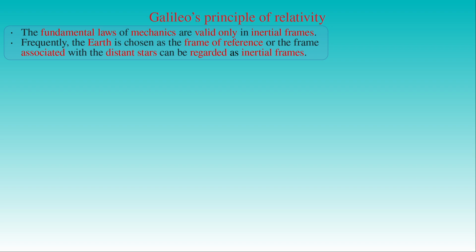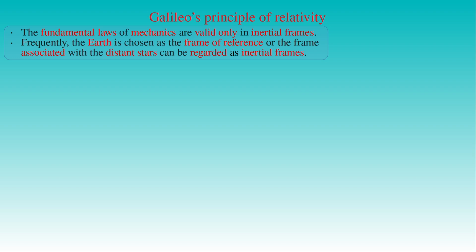To examine the validity of this assumption more carefully, and because it is often more natural to describe motion relative to moving objects such as vehicles, we shall now investigate how the laws of mechanics are affected when they are formulated in frames of reference that move relative to one another. We begin by considering frames of reference, or coordinate systems attached to them, that move with uniform rectilinear motion relative